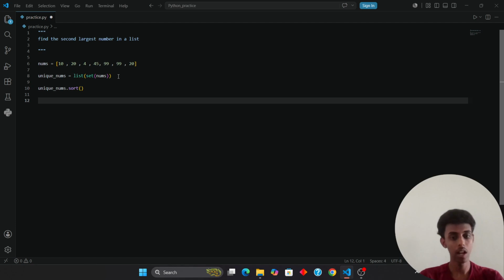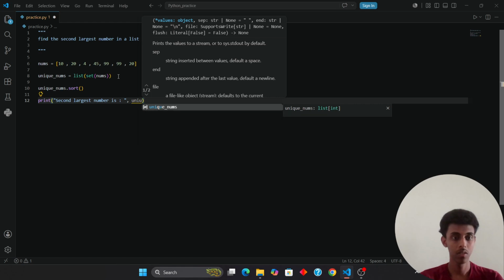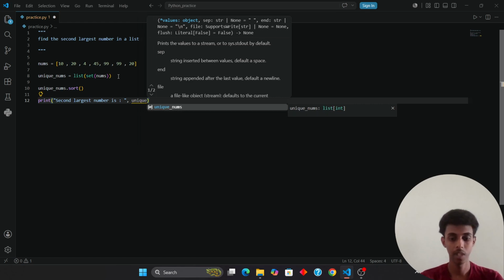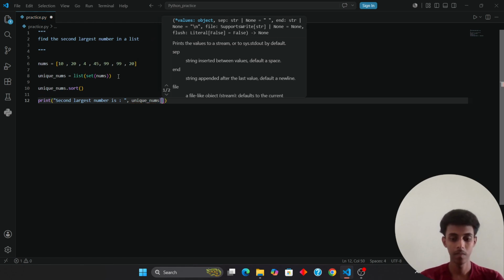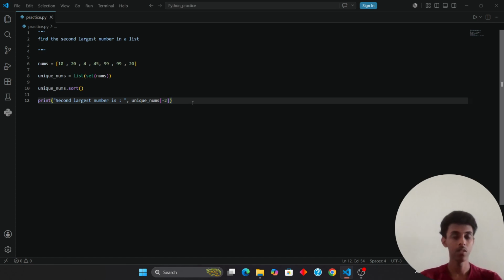Now we grab the second to last item using the indexing. Okay, using the negative indexing. Say print second largest number is unique nums minus 2. Okay,